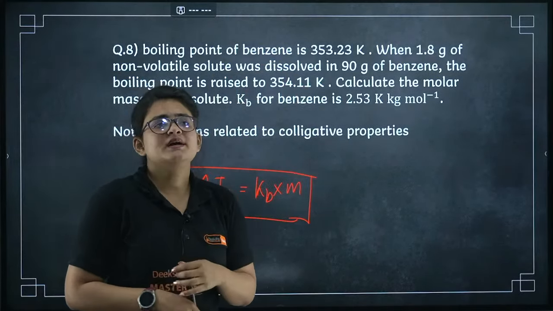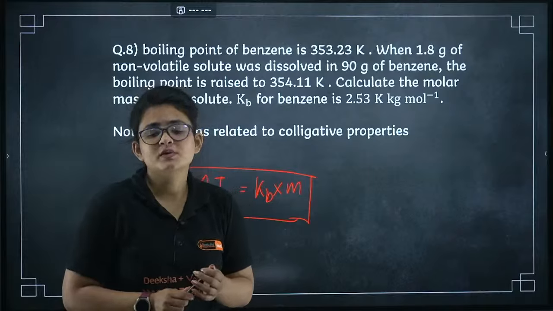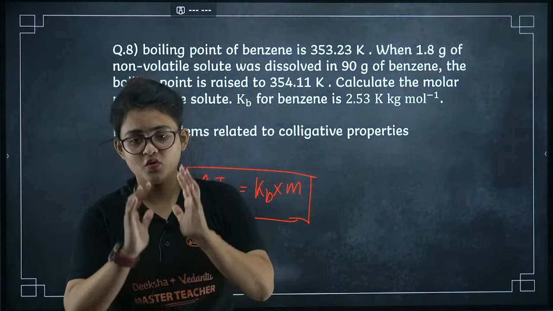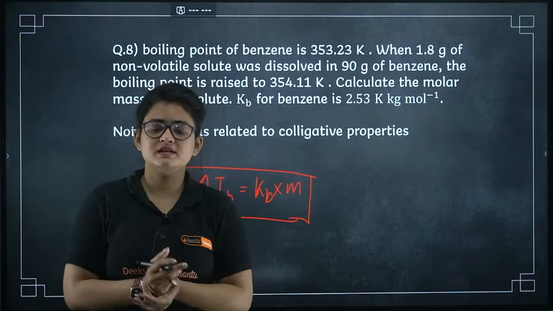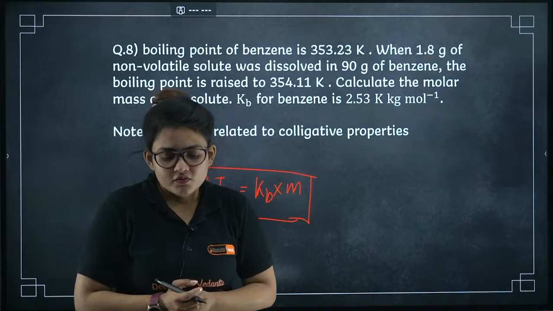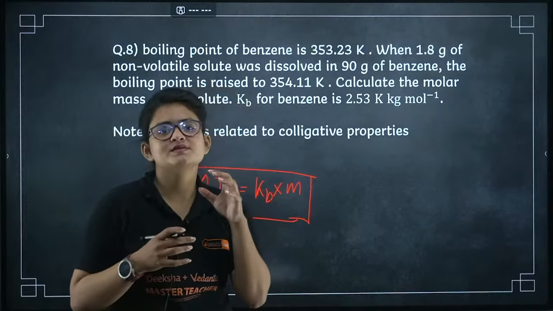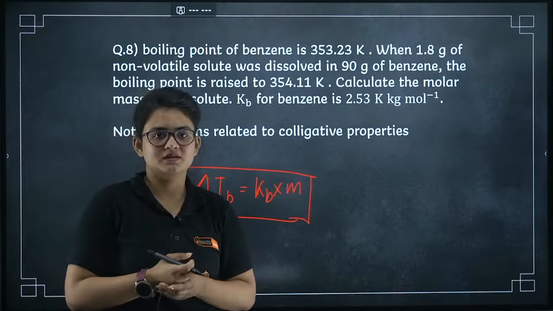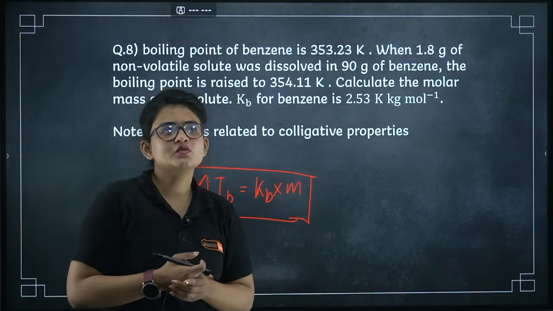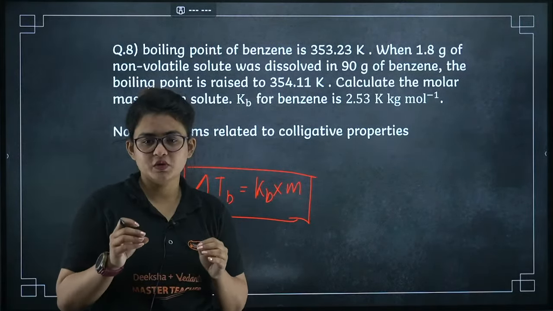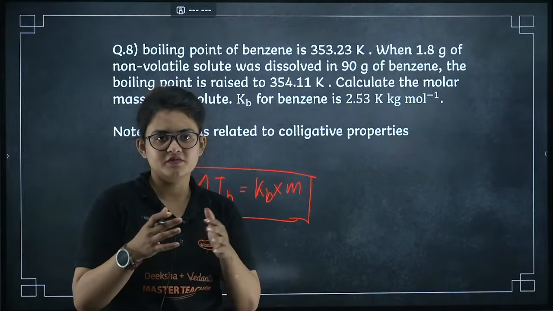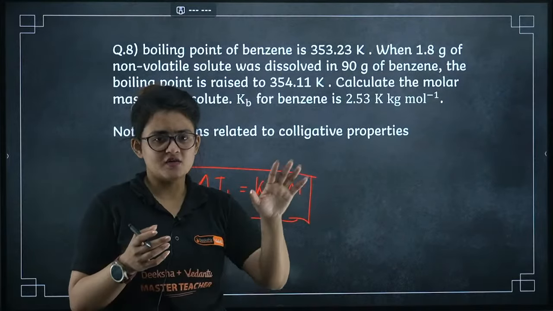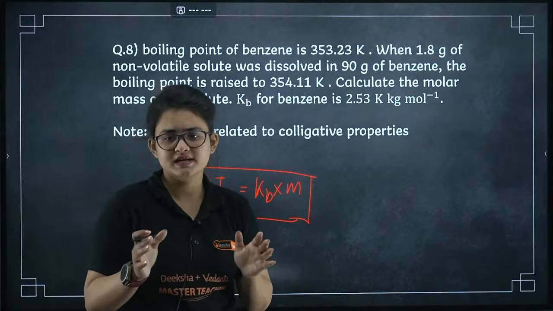Now let me tell you, my dear, whenever it comes to numerical problems, when you are discussing the overall chapter, overall syllabus, then from the Solutions chapter itself they become very specific, right? From all the zones they don't give numericals. So from Raoult's law you can expect very few numericals, but still you can get one graph-based numerical, which you got last time, I guess. That was also quite easy.